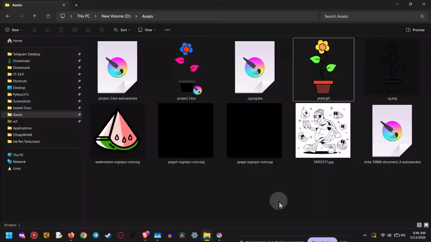If Krita crashed or you closed the file by accident, don't worry. In this video, I'll show you exactly how to find Krita Autosaves and recover your work step by step. We'll cover how to restore a crash session, how to recover an unsaved file from the temp folder, how to recover a saved project using an autosave file, and how to change your autosave frequency so you can protect your